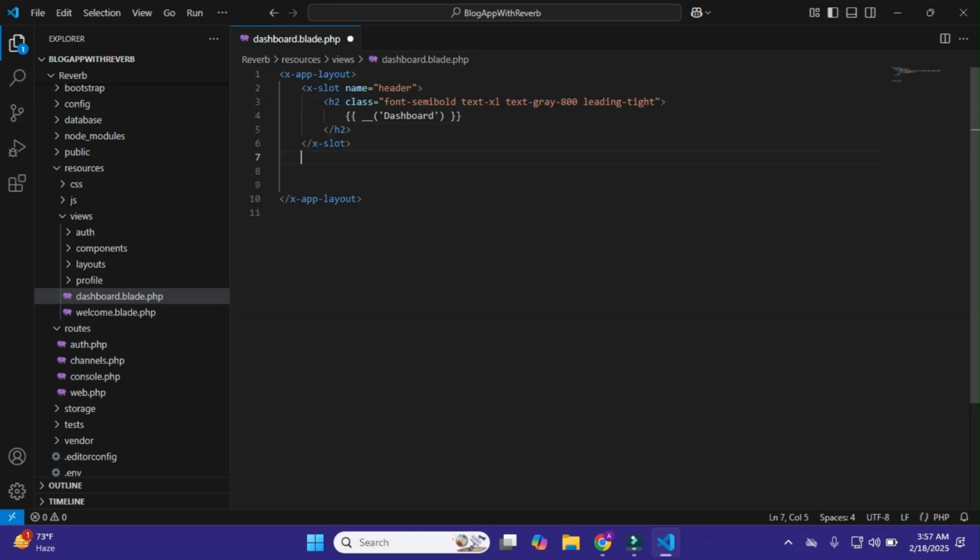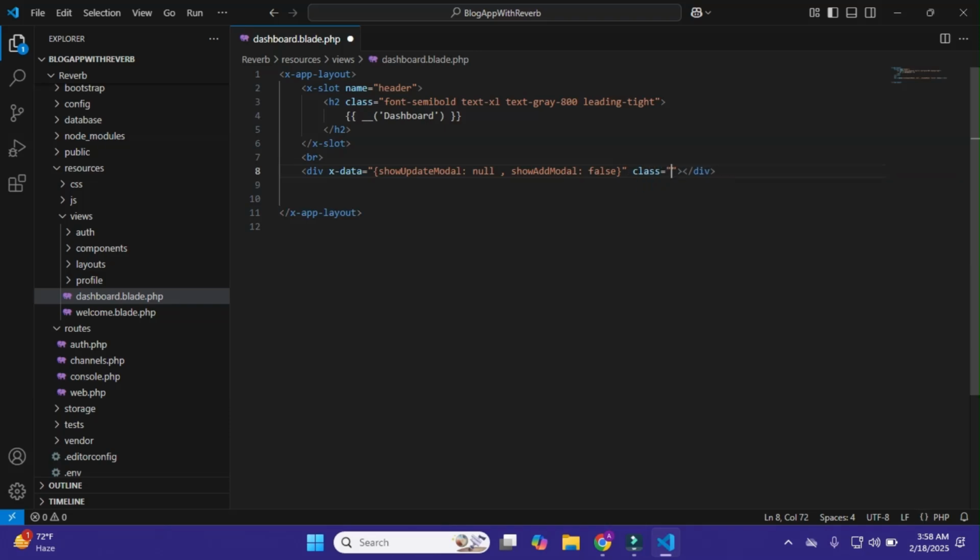Slot, and here I'll simply add this br tag, and after it I'll simply use this div, and within it x-data, show update model null. Okay, false. That's it.